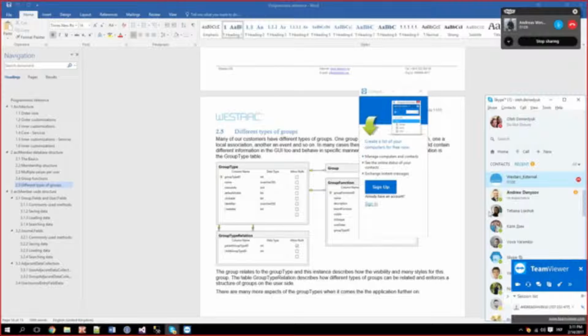That's my ID. Okay. So here is the password. Oh crap! I have to upgrade my TeamViewer. Oh, that's okay. Hope it doesn't take long.